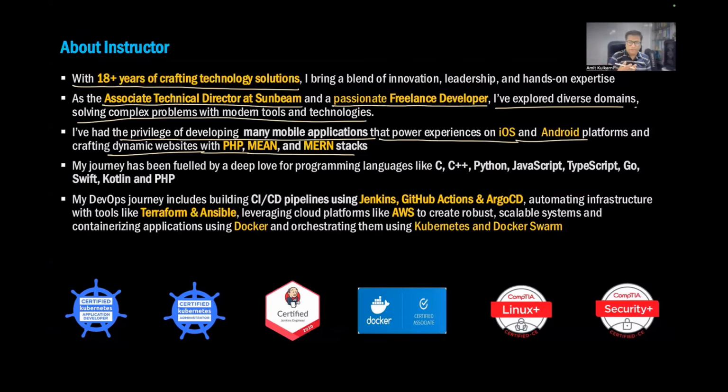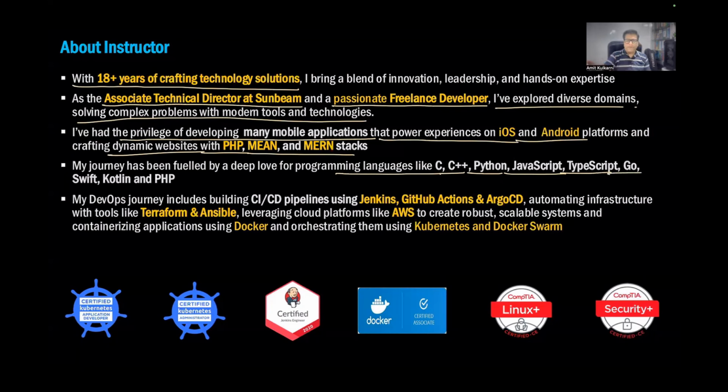But Linux is something which is my first love. So probably you can see, I don't use Windows at all. I use either Mac or Linux a lot. So when it comes to developing applications, I love programming languages like C and C++ for the performance, Python because of its simplicity, and I use it a lot for AI development today. Those who are from AI might know that. JavaScript and TypeScript. JavaScript I use for React development, and TypeScript I use for Angular development.